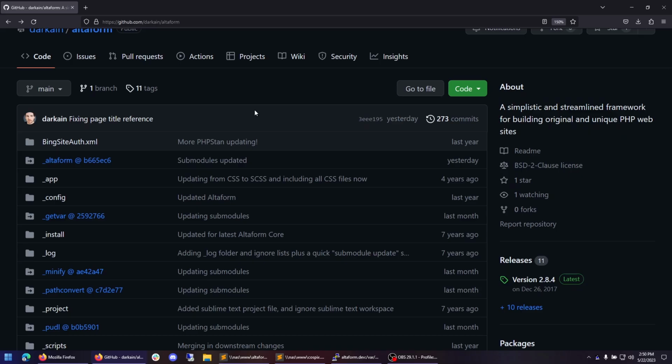Part of the Altaform security model is that it does not use any package managers. There is no Composer, there is no PyPI, there are no node modules. Altaform entirely relies upon Git submodules. This has some disadvantages, but also some really good advantages. There are no command line tools to search for packages. However, you're not limited by any specific repository. Using Git submodules, you can pull packages from any Git repository anywhere in the world.